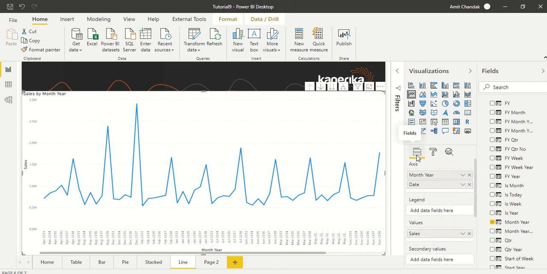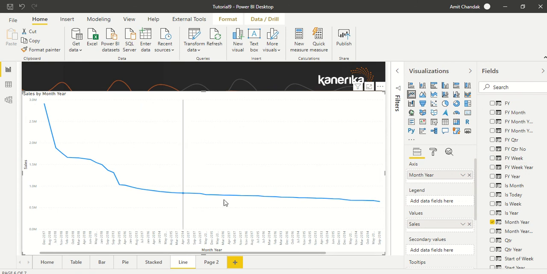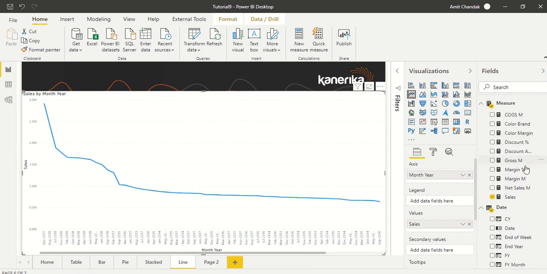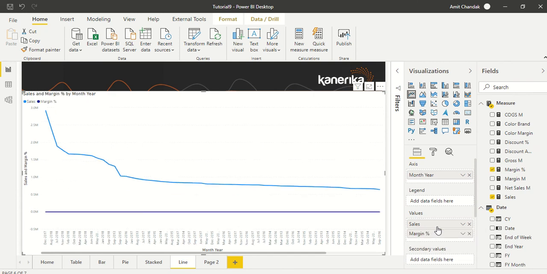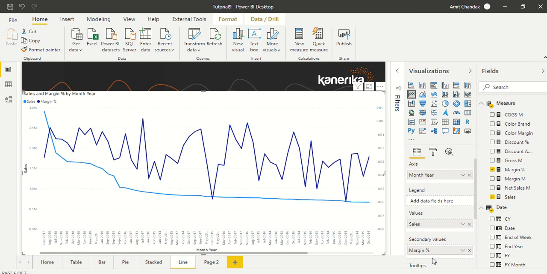Now one more property which we are going to have is that let's right now delete date for some time. So looking pretty good. Now we will go ahead and add this. If I add one more line out here, then margin is very low, so it's not going to look good. So I'm going to put it into the secondary values, and immediately I got the secondary axis. I don't have to do anything now. I have sales which is running on one axis, and I have margin which is running on another axis. Very recently this secondary axis has been added to the line visual, but it is pretty useful because now I have two lines which are running on different axes.